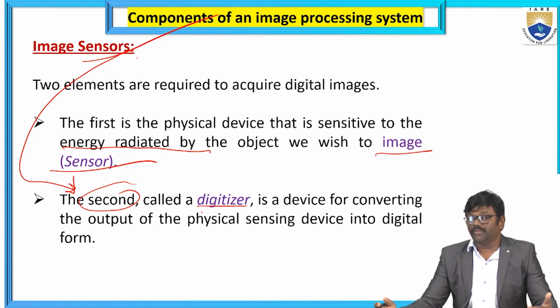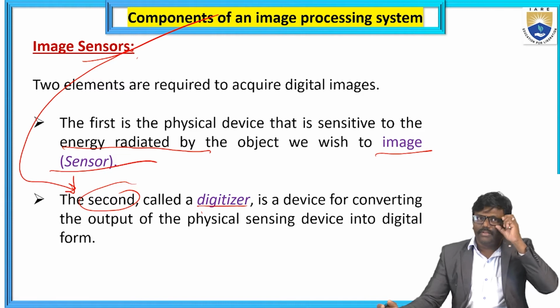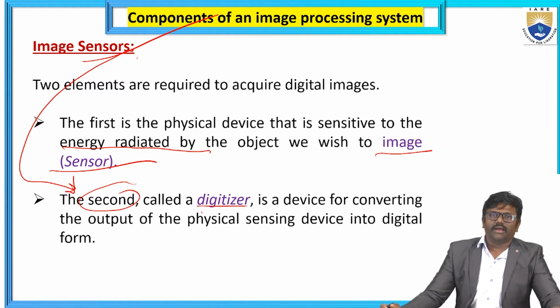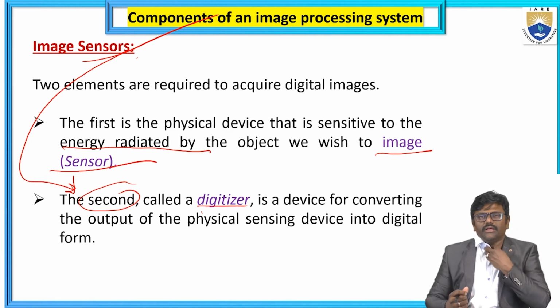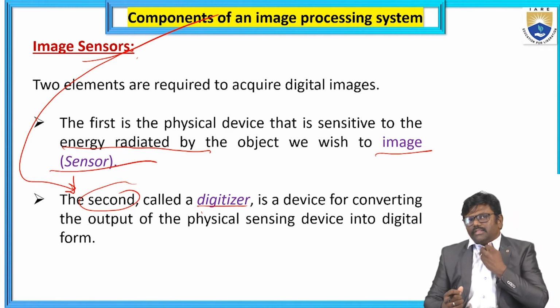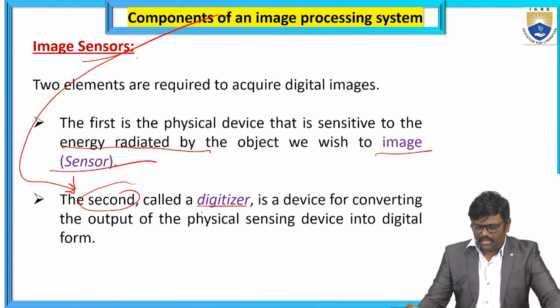Image sensing means acquiring the imaging data, that is, we simply say collection of information. Depending upon that input information, we will understand the process. Okay, so now